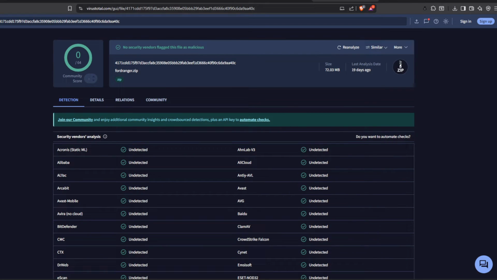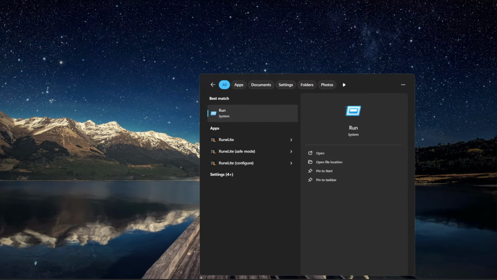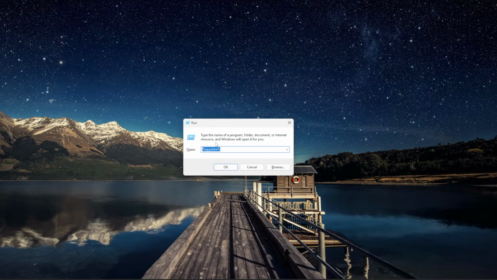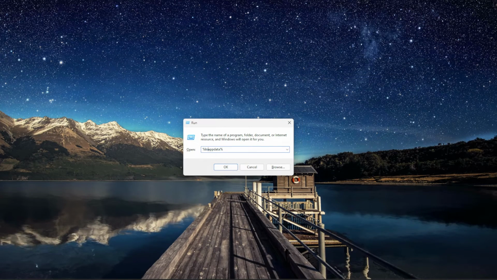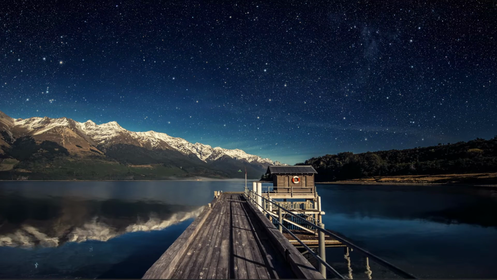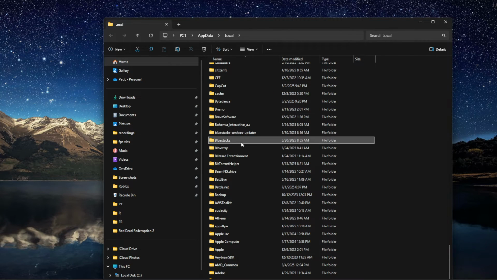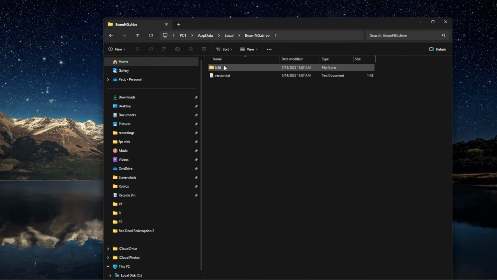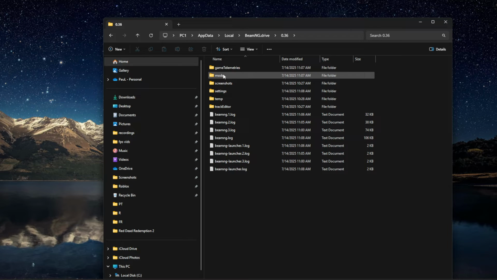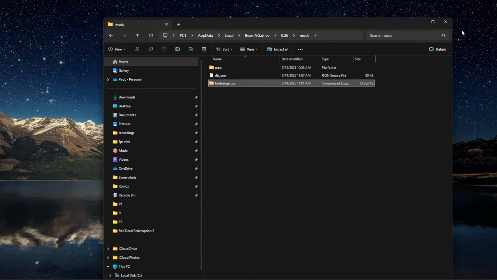easily use it in BeamNG. And to upload the mod, you just need to write run or simply press Windows and I key. And then here you just need to write %localappdata%. Press OK. Then here you need to look for Beam, as you can see here, BeamNG.Drive. Then press in this folder here and then look for mods. Then you just need to drag and drop the zip file like this, like you downloaded, and a mod will be